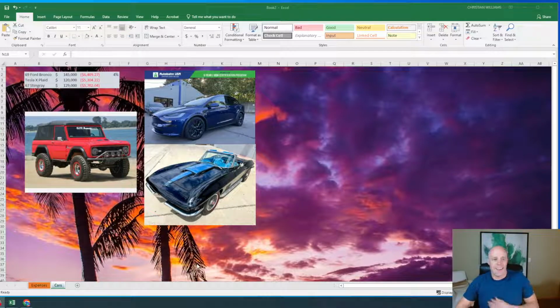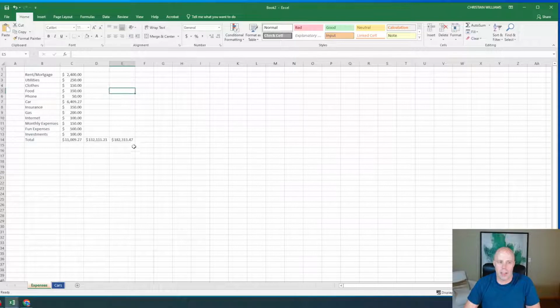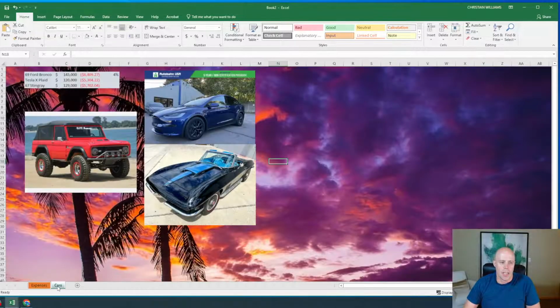Okay, we're back, and last time you created this worksheet. So if you don't have this part done, you should have a cars tab here where you pick some of your dream cars, put them in there, and calculated their payments, and then also had an expense sheet here where you went through and calculated all of your expenses. So if you don't have those two, go ahead and click on the channel or click on the other video link in the earlier module or on our channel here on YouTube, and you can find the cars and the budget worksheet example, and then you should be able to get that all done and come back to this,